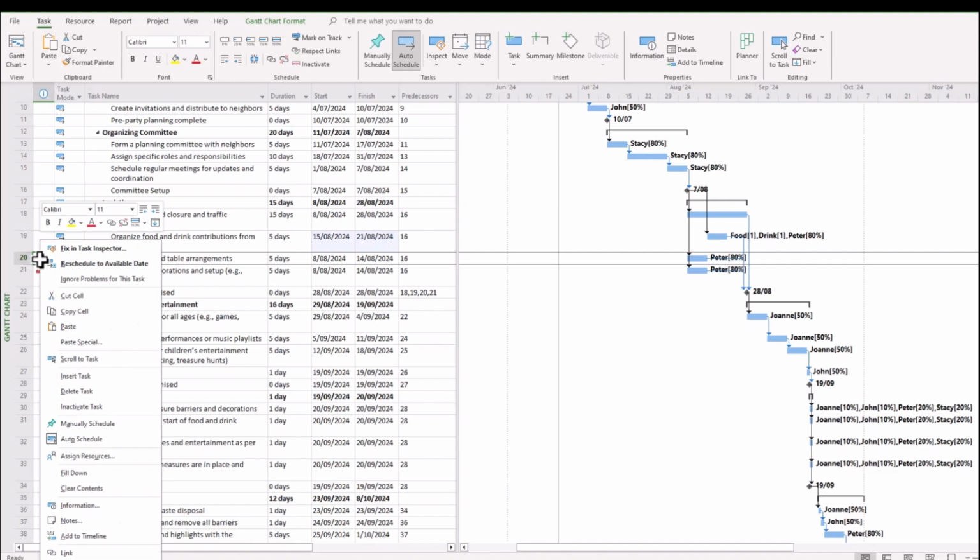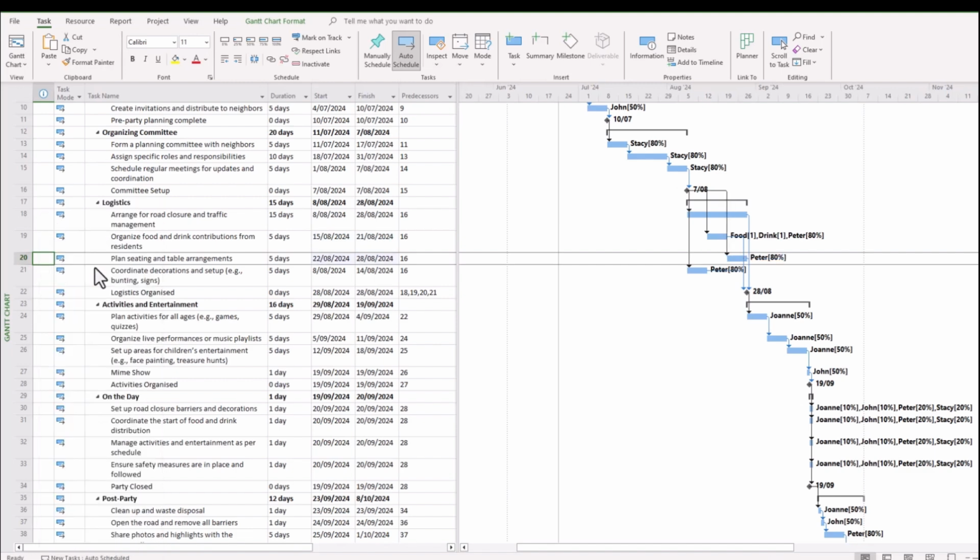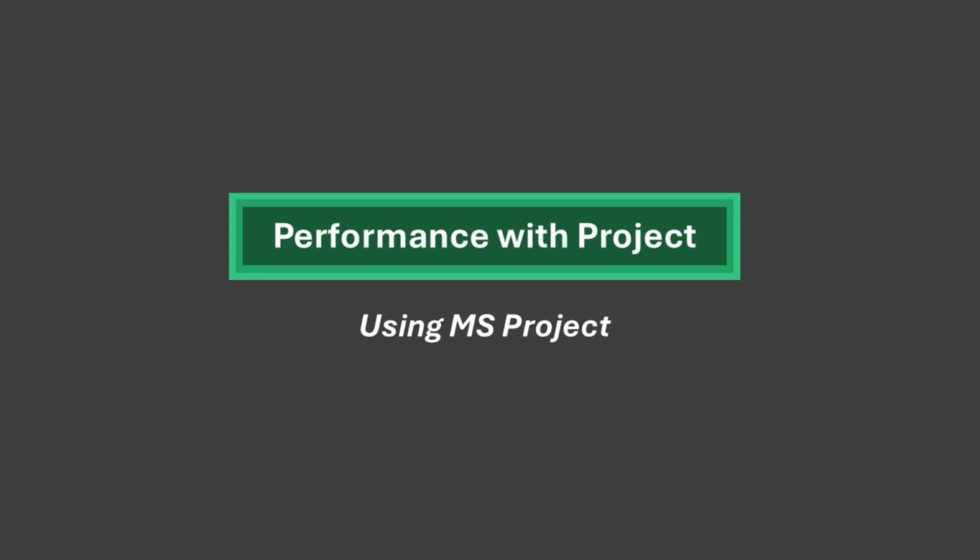We can right click on the little red person there and go reschedule to an available date. And when you do that, it will move the task to an appropriate date so that it doesn't go over the 80% loading as this particular example applies. So a really quick way to ensure that you're not over allocating your resources, and Microsoft Project takes some of the guesswork and some of the calculations away at your convenience.